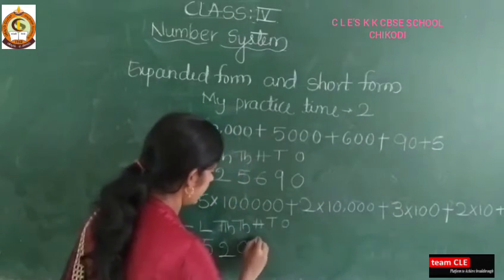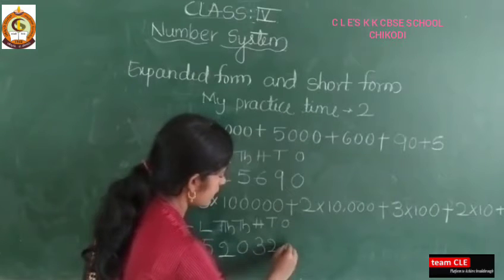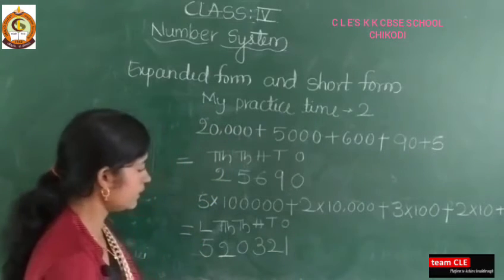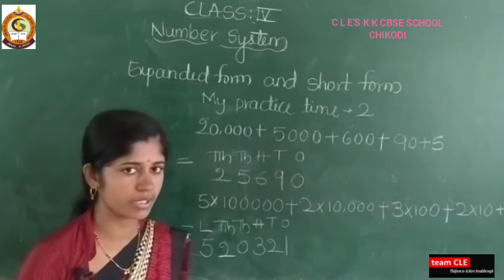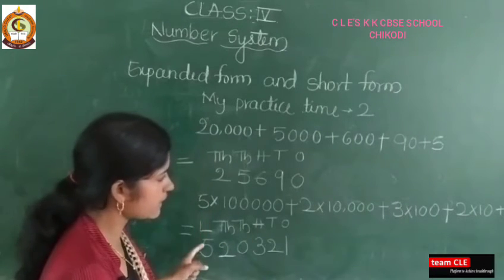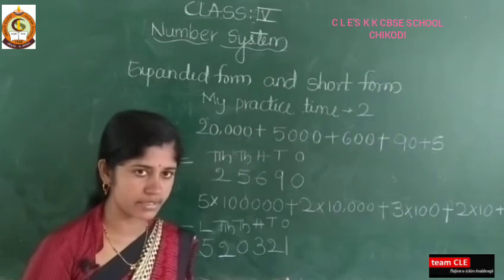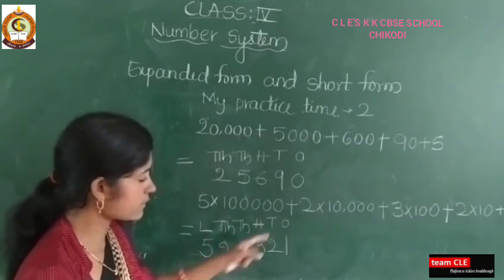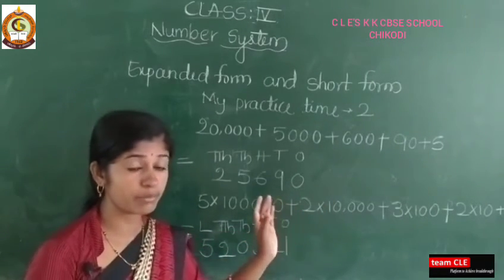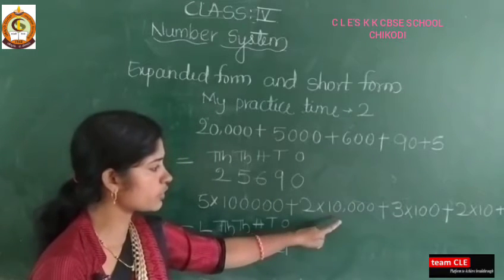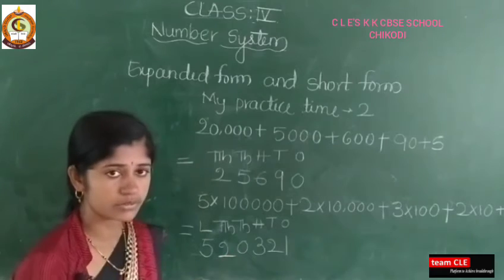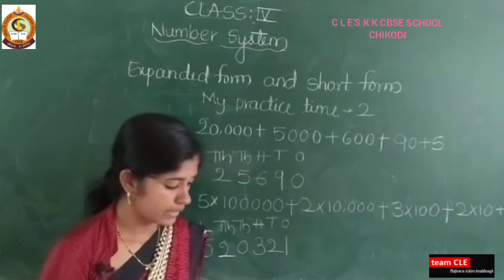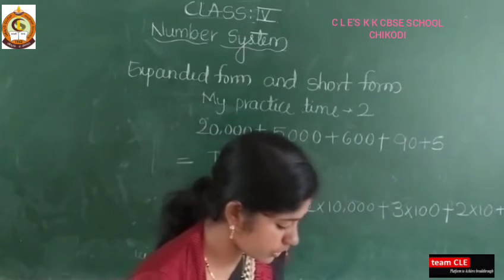300. 3 is there in 100 place, 2 is there in tens place and 1 is there in ones place. So this is the way we are writing the short form of the number. If you know the place value chart, then you can write these numbers easily. In case the digit is not there, that place value is not there. See here, just observe, 1000 place is not there. In that case, you have to write here 0. Understood?